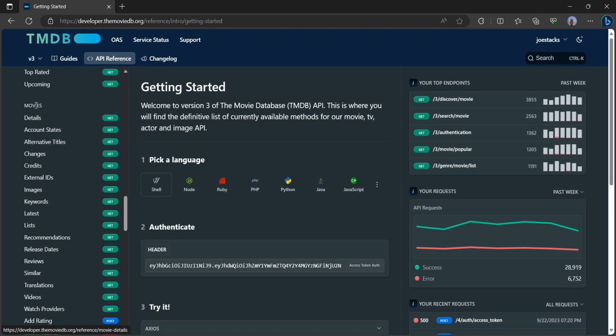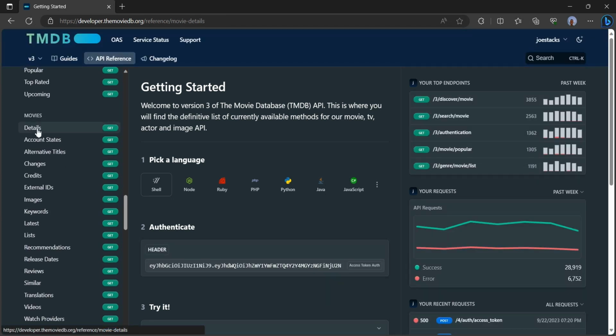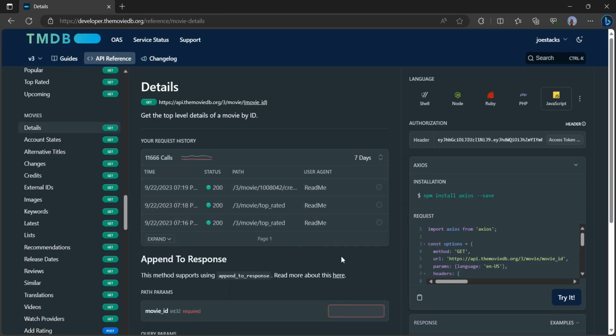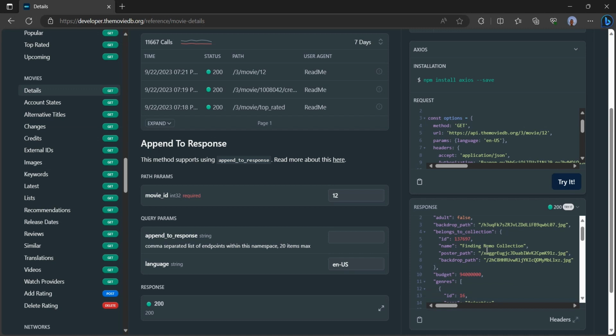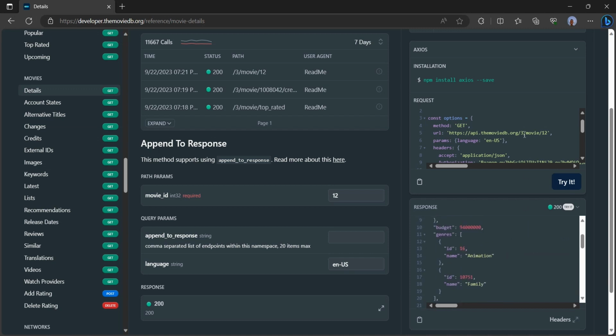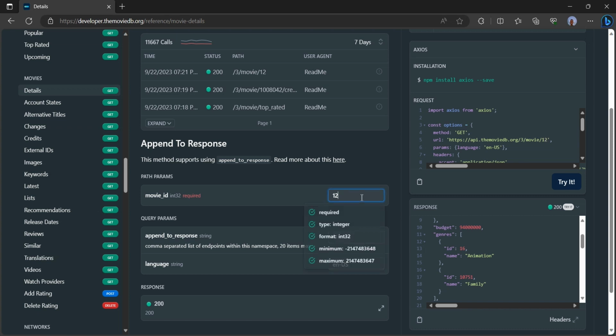So if you head down and check the movies category here and you click on details, it is going to ask you to specify the language you're using, which is JavaScript. So you can see Axios here. And if you input any ID here, let's say 12, and you say try it, it's going to show a specific movie, which is Finding Nemo Collection and all. So all we have to do is just use this URL to fetch the specific movie. And you can see here, if you click this, you can see movie ID, which is important. So we're going to just copy this